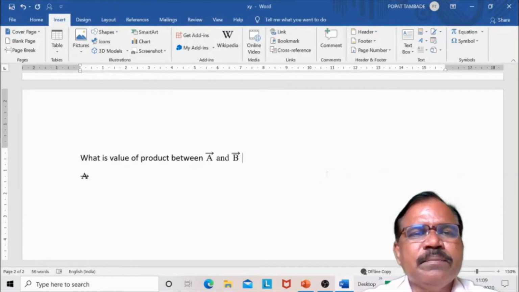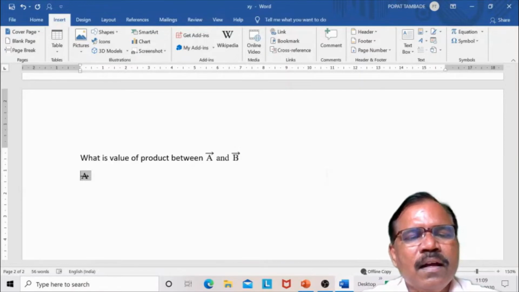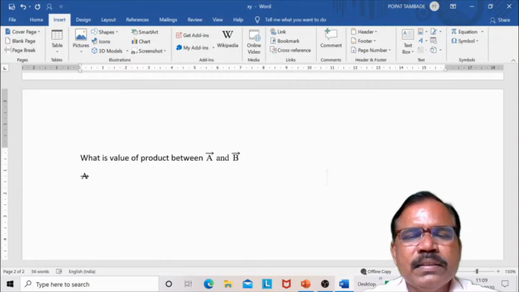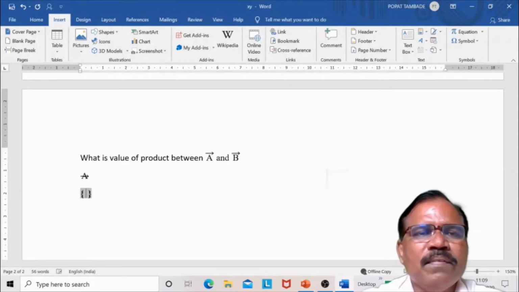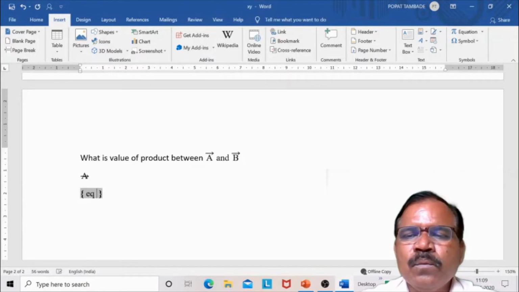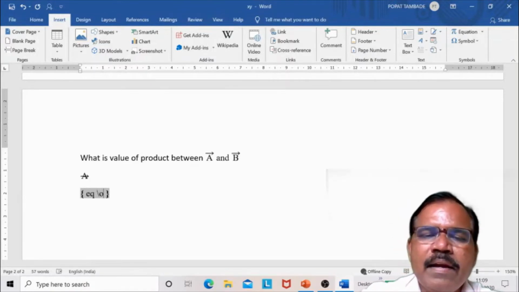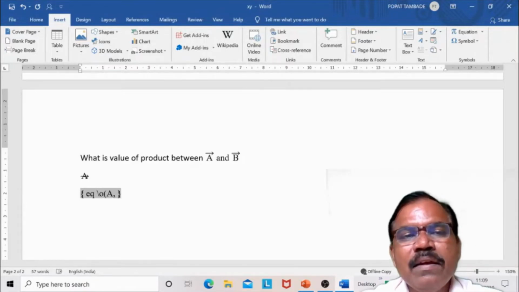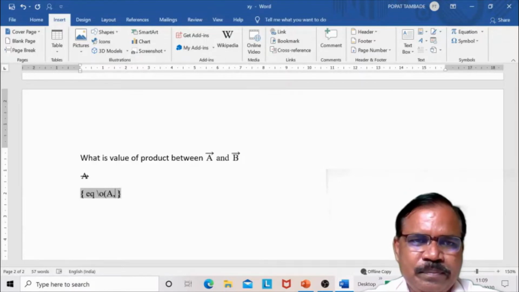So how can we shift? Again I will write. I will open a field using Control F9, EQ, \O, and I will write A, comma, then I will write superscript. Superscript means it goes up.